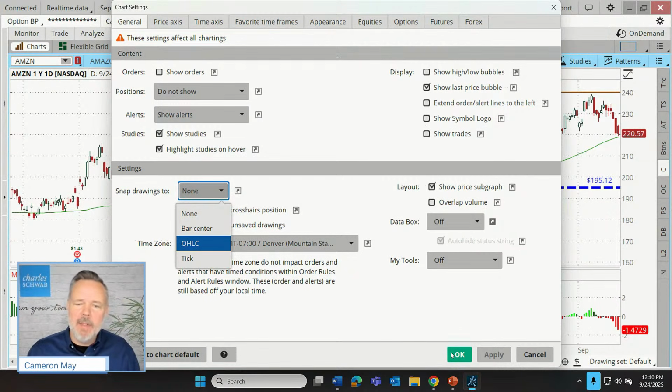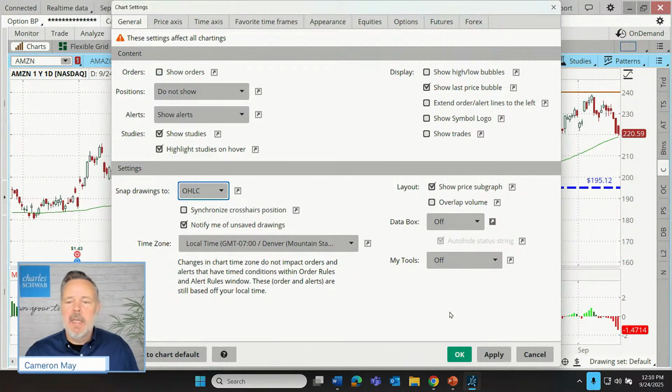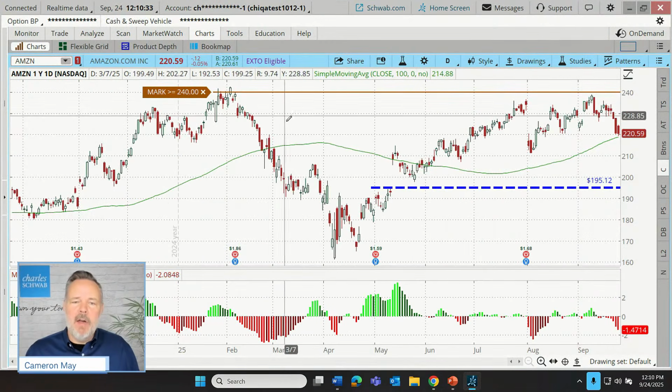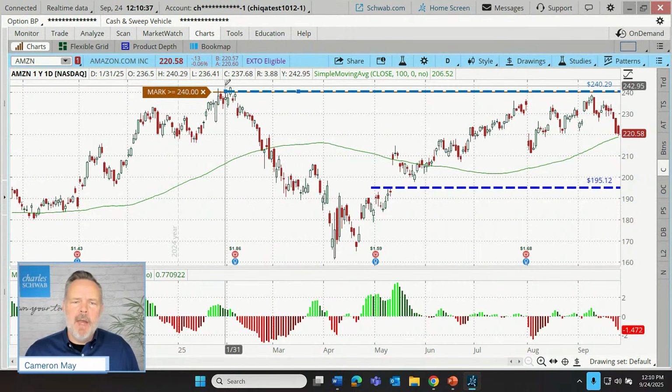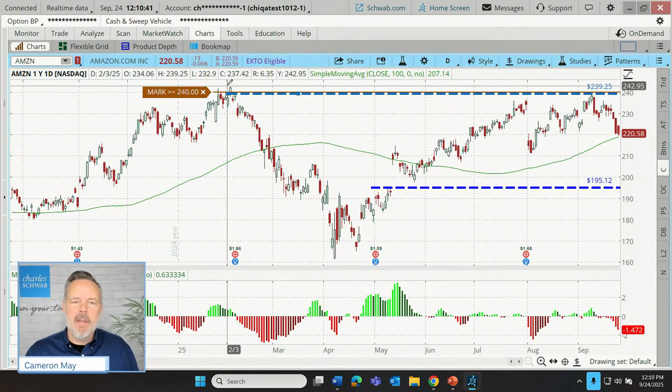Here's what I'm talking about. Let's select OHLC, snap the drawings to open, high, low, close, click apply, and click OK. Now if I draw a line, let's say I wanted to position it right up here at the top of that white candle. You notice as I move around, the line's not moving smoothly, it's actually jumping around.